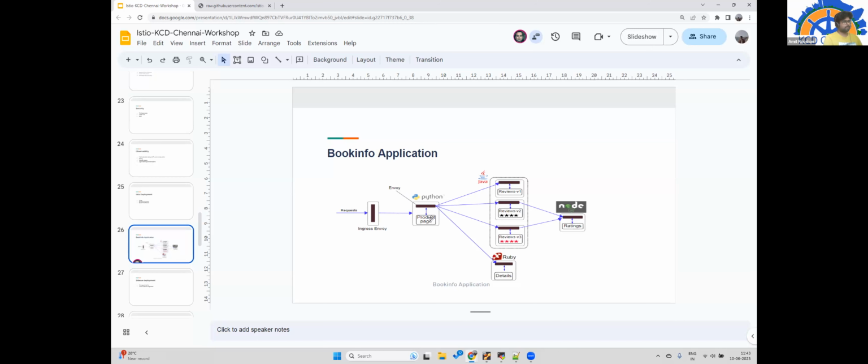Currently, for this demo, this application has only a single book, and it connects to further different microservices.